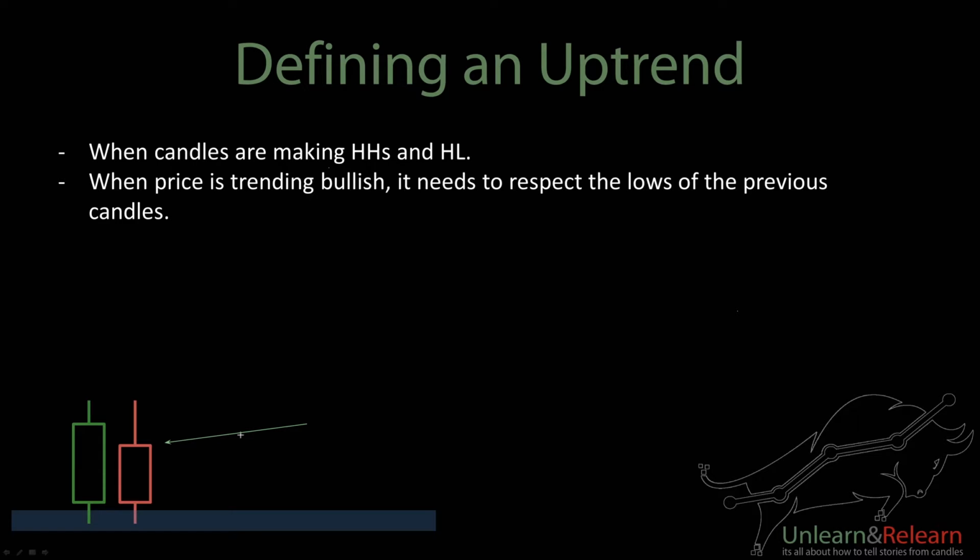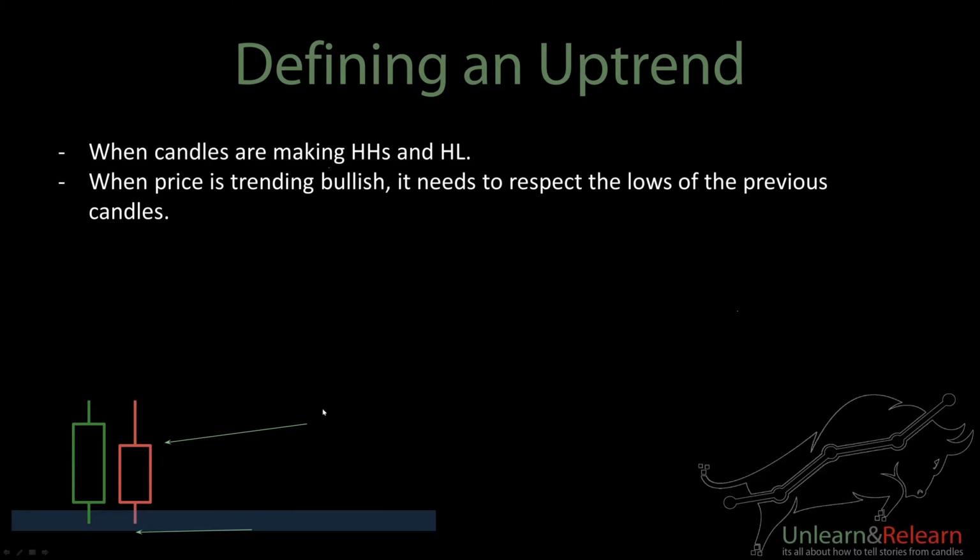And for this buy, now you have to identify where you're going to place a stop loss. Your stop is going to be placed below this current candle. Because if you're looking for trends, if you're looking for buys, obviously you want price to make higher highs and higher lows, and the only way it's going to do that is if the next candle makes a higher high and a higher low. Now you have a candle which has made a higher low, the bottom of the wick, and a higher high, the top of the wick. Now you've taken a buy and price is starting to move in an uptrend.